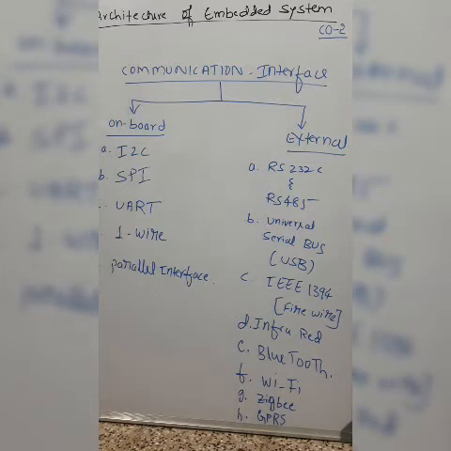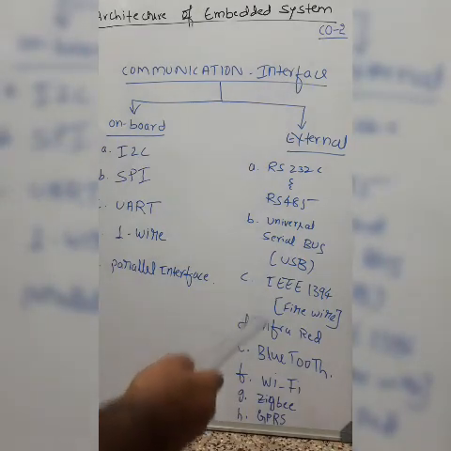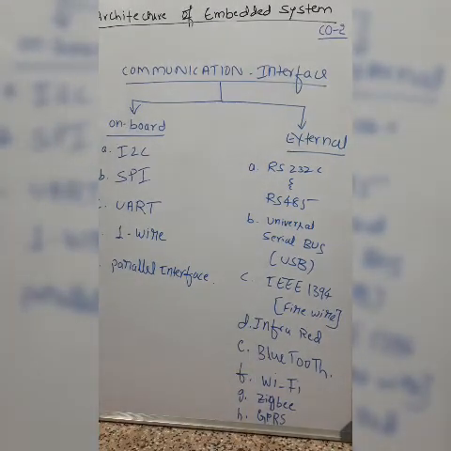Coming to the GPRS, General Packet Radio Service, this is the concept by which mobile communication takes place. A mobile will have its GSM through which the communication is interconnected. This supports a data speed of 171.2 kilobits per second. So it is mainly used in mobile kinds of embedded systems. So these are the different communication interfaces generally available in the embedded system.